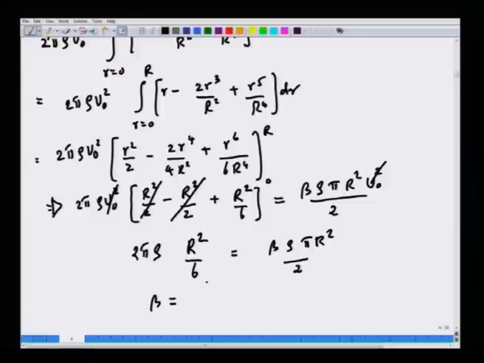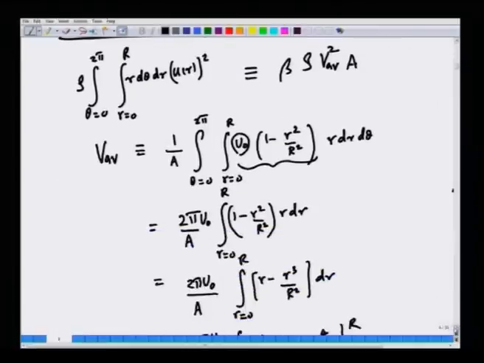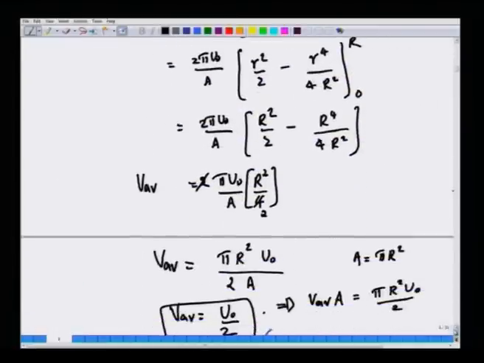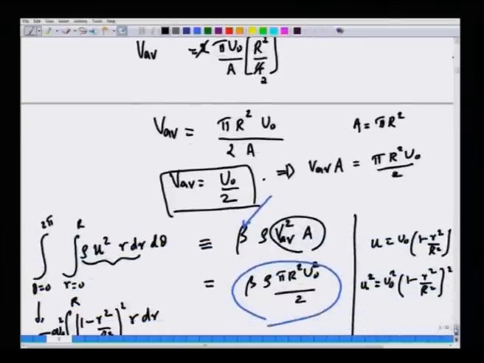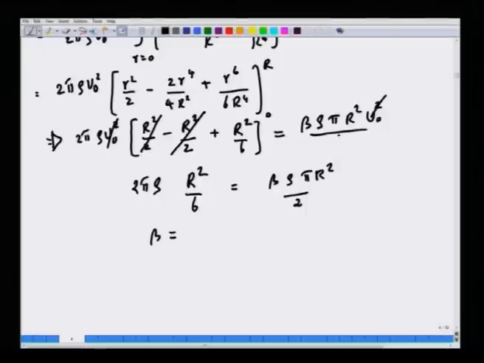Let us just go through the algebra a little bit once again. V average is u naught by 2, which is fine. Let us just look at this term. There is a factor of 4, because we are squaring V average. So, it is u naught squared by 4, which is why we were missing a factor of 2. Let us go back here and replace this by 4 and then by 4. So, beta will become